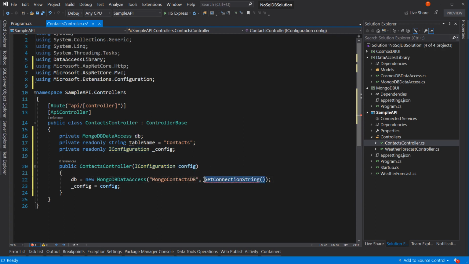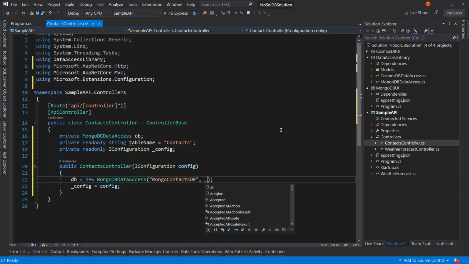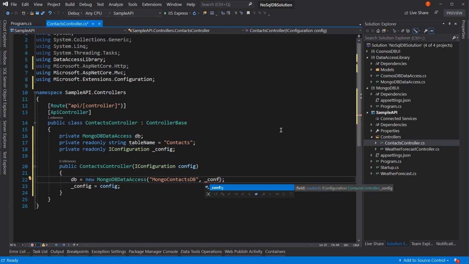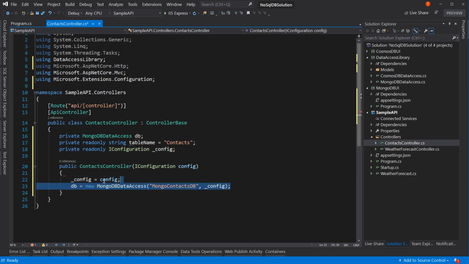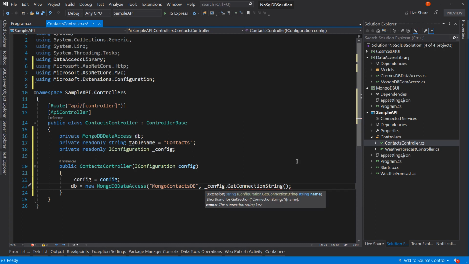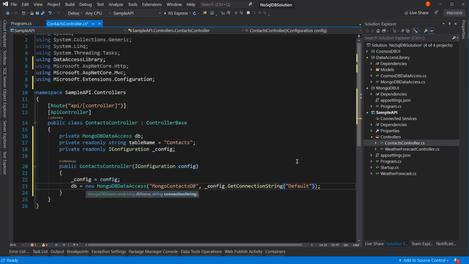So now instead of GetConnectionString, we can say _config. Whoops. We'll have to swap this line in just a minute, because we can't use _config until after we've assigned it a value. So _config.GetConnectionString, and pass in Default. That's the connection string we want, because that's the connection string